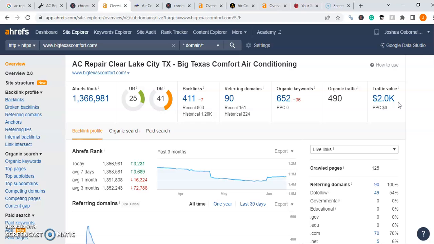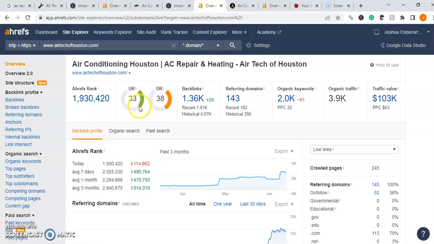So we want to make sure that we're ranking for keywords with a lot of buyer intent. That way we can increase our overall traffic value. Let's take a look at some of your competitors and see what they're doing as far as these metrics go. We're back to AirTech of Houston with a 33 UR, a 38 DR, generates them about 4,000 users month over month, and a traffic value of about